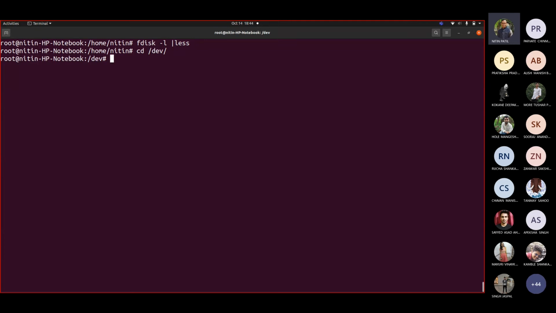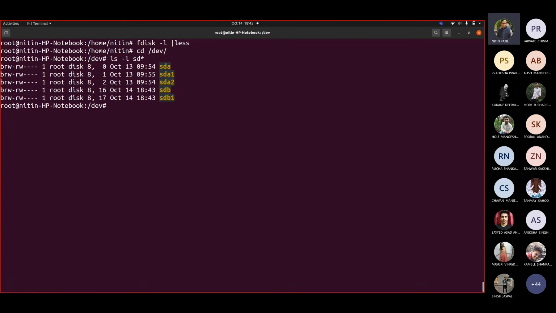So this is a device. I'm talking about the file system of your OS now. I want to tell you why that 8192 is added there. Correct. So if I write ls -l sd*, these are all the things that I have. If you see here, it has b for every such device, not directory, but every such device that is there: SDA, SDA1, SDA2, SDB, SDB1. If you see the first character, is it b? So this b means block.